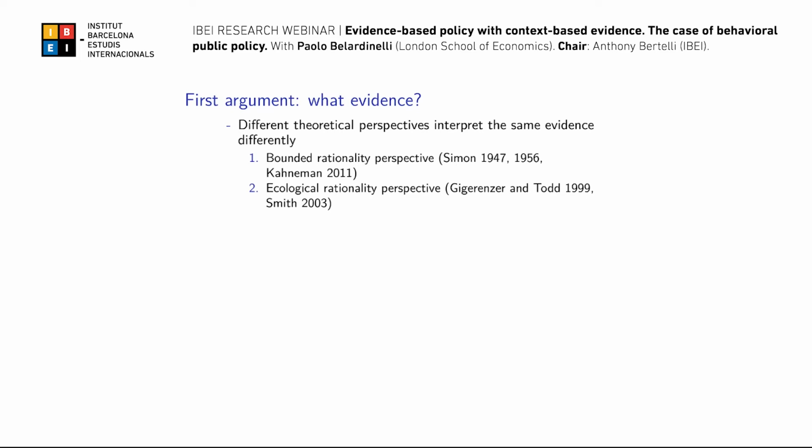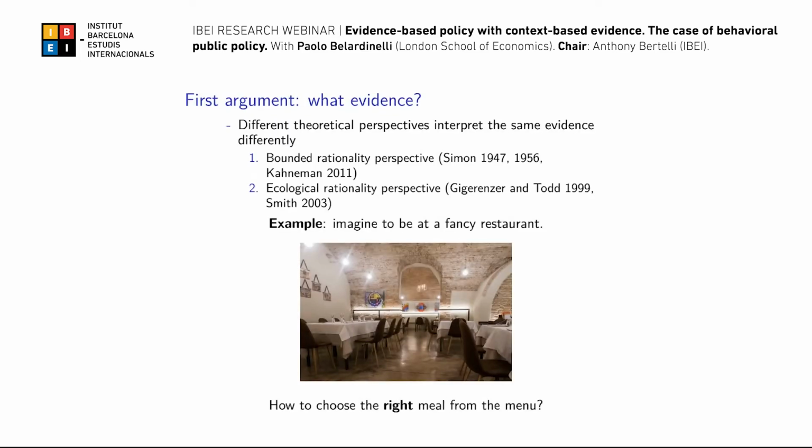While according to the ecological rationality perspective, heuristics are what make us smart to deal with, again, the complexity of the environment. So we are very efficient in making decisions, even if we don't optimize. Now, to make examples,